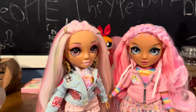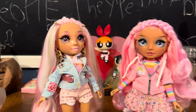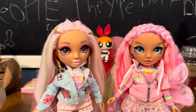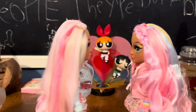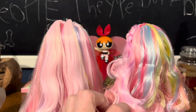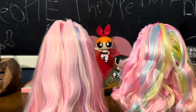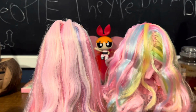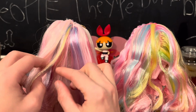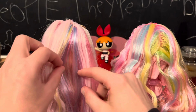She's been compared to Kaya due to skin tone, which is almost a perfect match. She's slightly warmer, redder toned, but about a good match. And then when it comes to the hair, firstly, she has a much lighter pink color than Rosetta does. This is closer to Bella's hair color, but slightly darker. It's the in-between. And then when it comes to the rest of the hair colors, because she was compared due to all of the colors that she has in her hair, I will say that the yellows are the same. The purples...